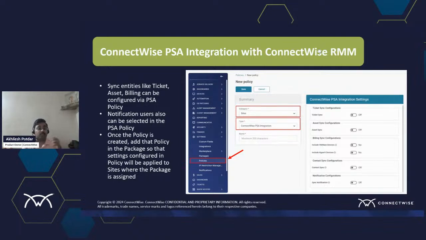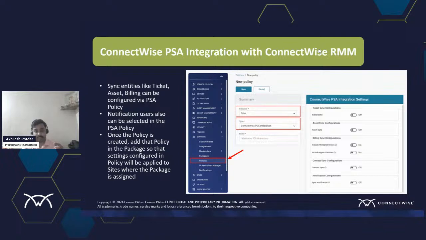So sometimes you want to select different types of service boards for different types of partners, that you can do via creating different types of policies for those users. In case you want to enable asset sync for certain types of users and do not want to sync asset attributes for certain types of users, that configuration differentiation was not available in the earlier configuration. But in case you use policies, you will be able to make that distinction